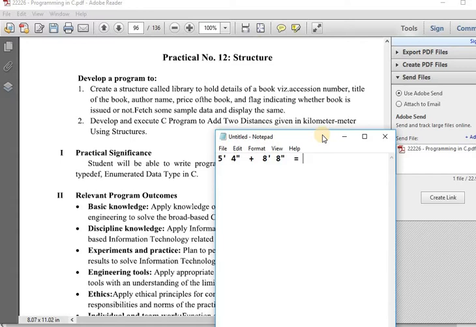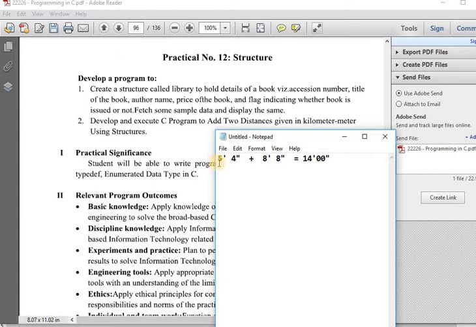and in the second we will take the second distance. Now if you want to add these two numbers, see here, 8 inches plus 4 inches becomes 12 inches, which is nothing but 1 feet. So the addition is 1 feet plus 8 feet, that is 9, plus 5 feet, it is 14. So the answer is 14 feet and 0 inches.